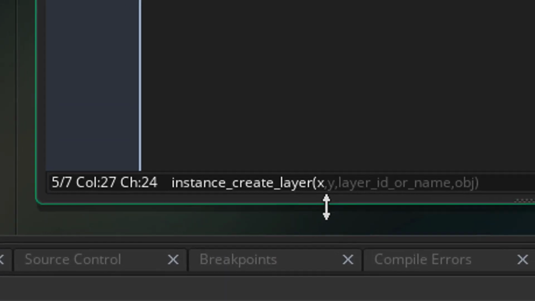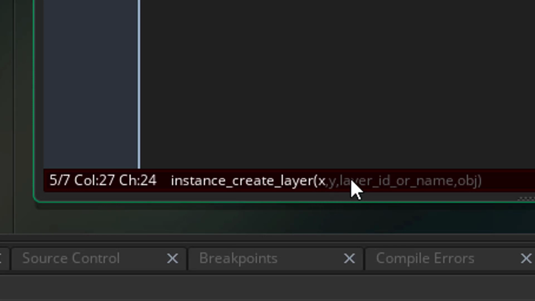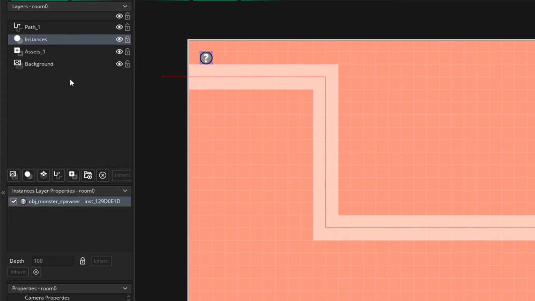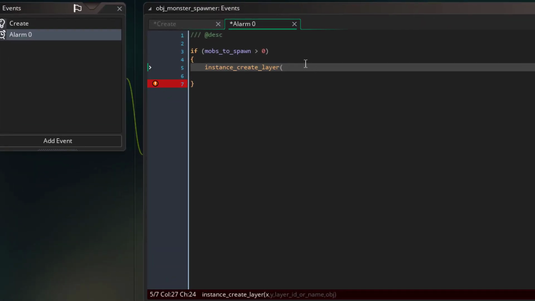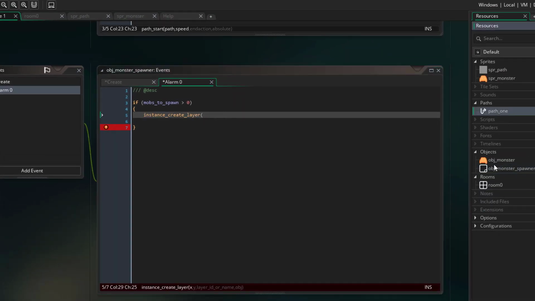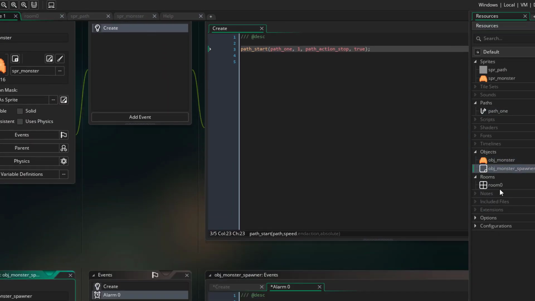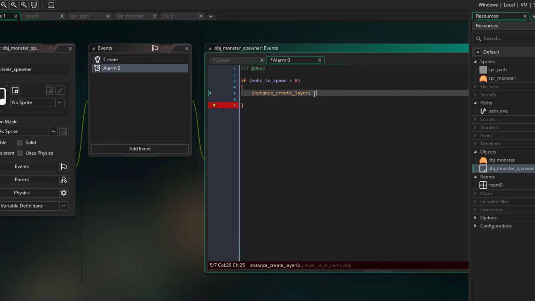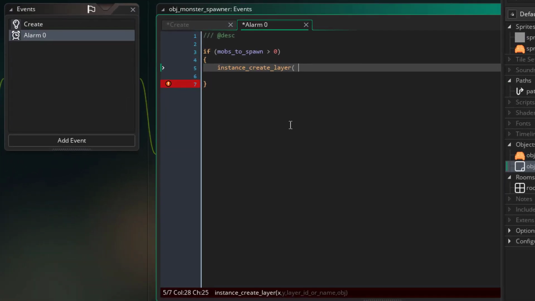and here you need the X, the Y, the layer, so the X and Y of where you want to spawn the monster and what layer you want to put them in the room. So obviously it's going to go in the instances layer, and then the object that you want to spawn. Because we've used this code for the path, it doesn't matter the X and Y where we put them, because it's going to force them onto that path. So we can just say X and Y, and this refers to the X and Y of the spawner object, but it's just a nice easy way to fill out this